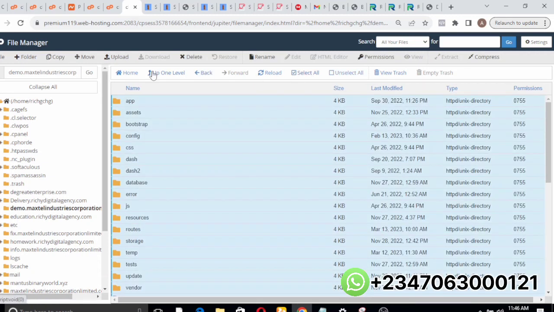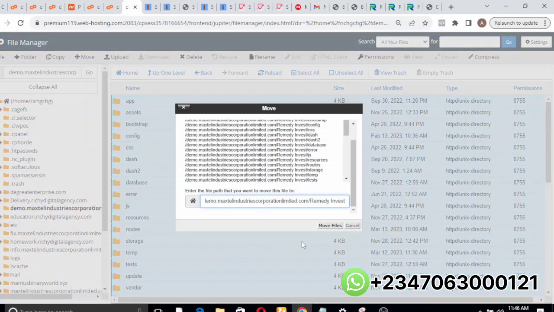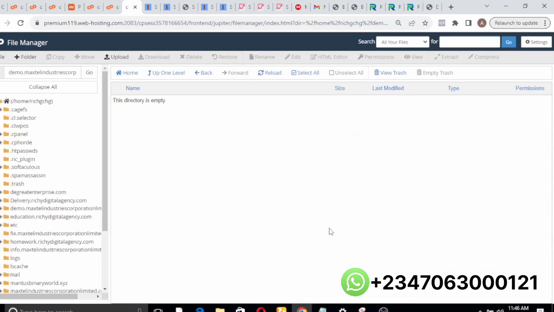Okay, let's move this to our subdomain. Then click on move, so you move directly to your public_html. Okay, but I'm moving mine to my subdomain. Okay, so once that has been done,